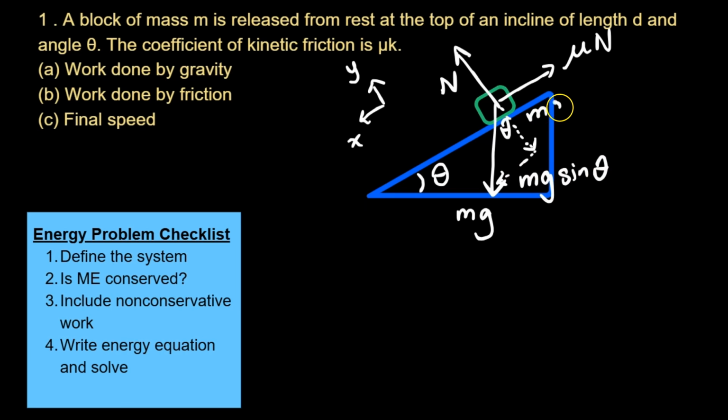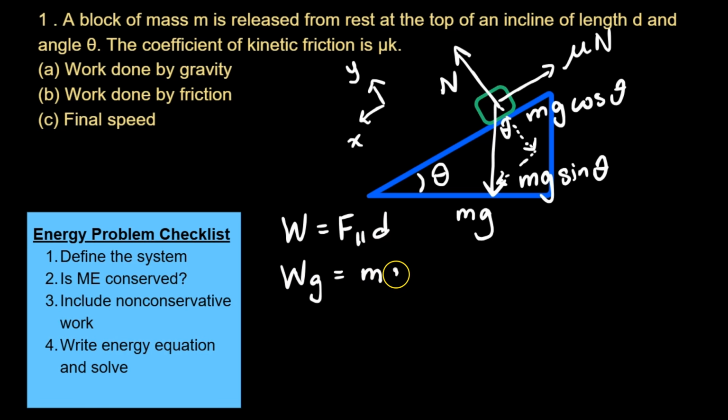Because the gravity force is not along the x and y axis, we're going to need to break that into its x and y component. The component that is opposite theta will be mg sine theta, and the component that is adjacent to theta will be mg cosine theta. Next, we're going to calculate work, and work is equal to the parallel component of the